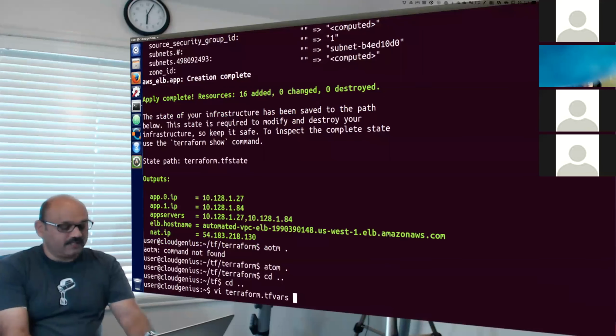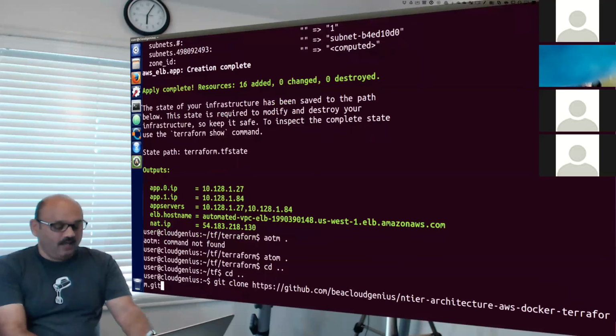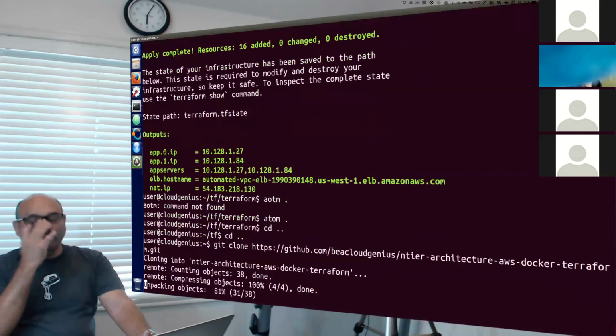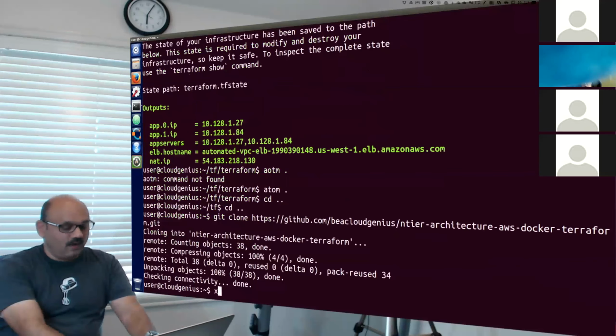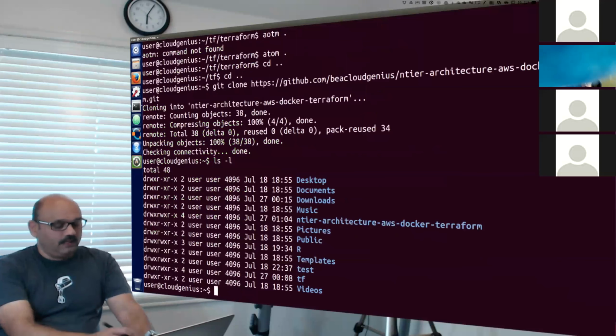Just like I did at the beginning of the session today when we began doing a git clone, somewhere here. Okay. So here it comes. I'm cloning it, and I have this long name that I have now available.